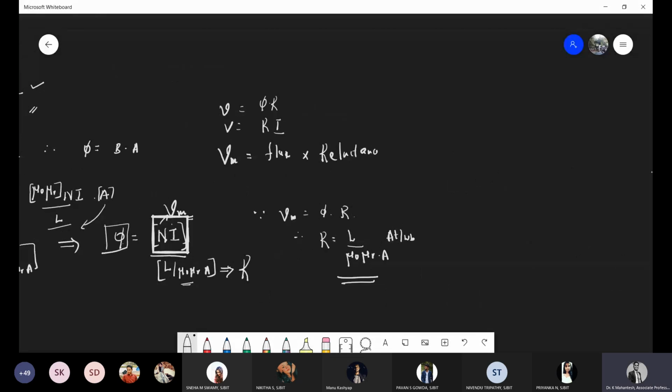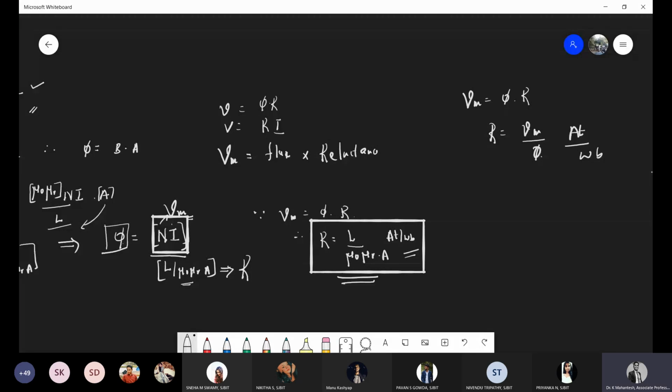Here also you can see this is magnetomotive force, flux into reluctance. So reluctance is equal to Vm divided by phi. Vm can be measured in terms of ampere turns and flux is measured in terms of Webers. So ampere turns per Weber is the unit. This is one very important equation, so that you can directly get some numericals for direct substitution of